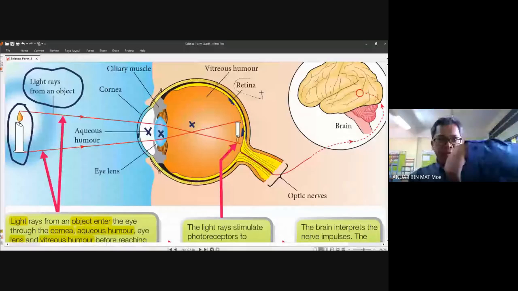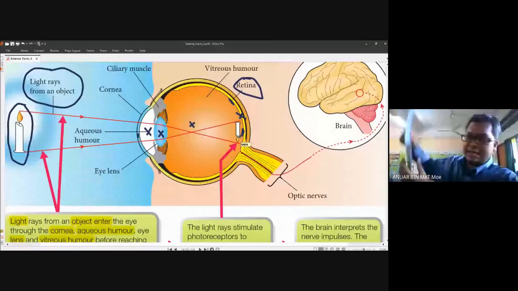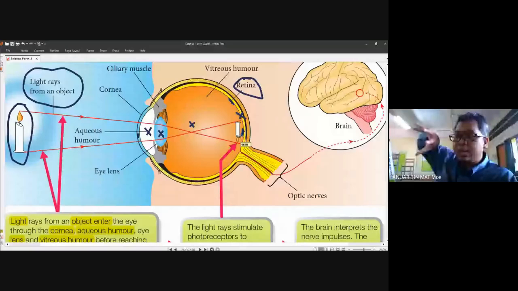But adakah kita tengok dia terbalik? Macam buku ini, kalau saya tengok terbalik tak? Terbalik tidak, because that is the function of our brain to correct the orientation so that the image we see is not inverted. Okay, later on we talk about that. Right, so next one,